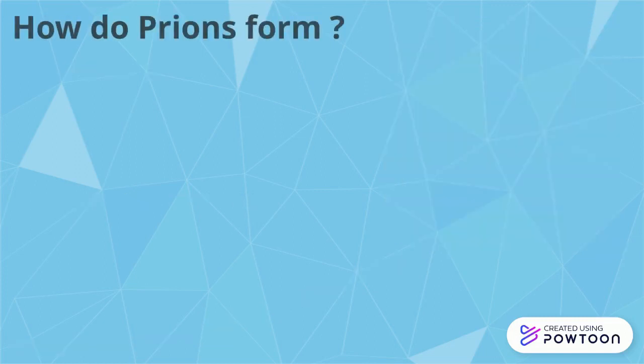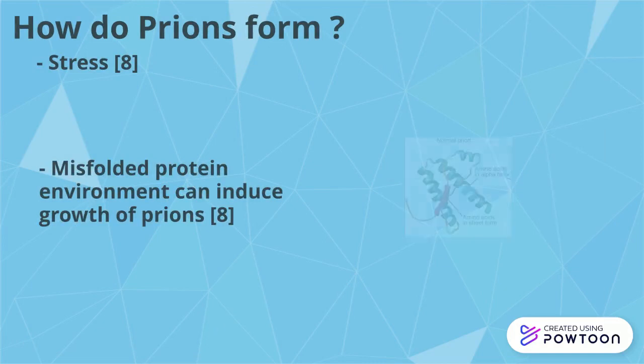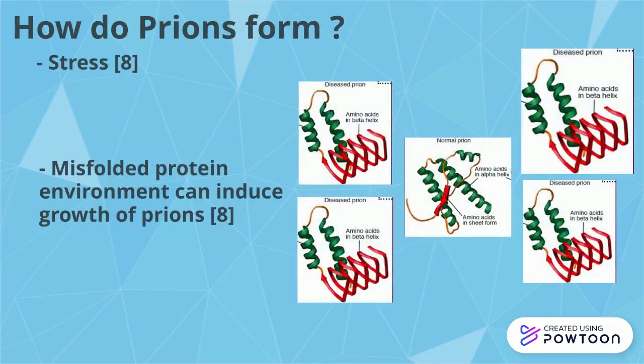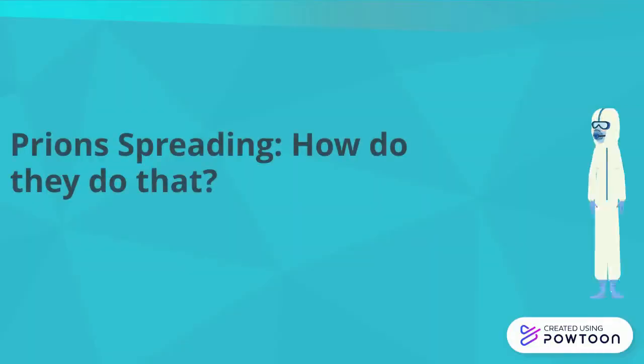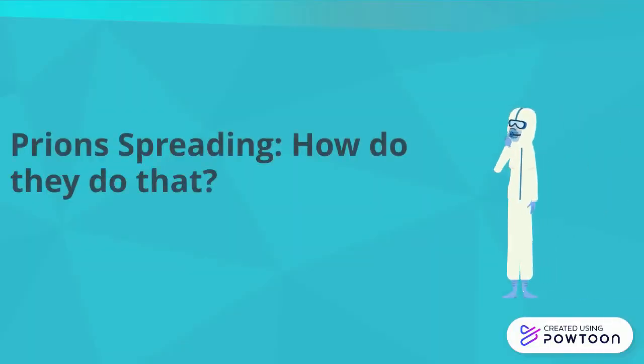Stress provided by the cellular or protein environment can also induce prion formation. A high density of misfolded proteins around the normal prion can also induce prion formation. As mentioned earlier, prions that created oligomers can induce other oligomers to aggregate as well. This relates back to the infectivity of the prion and how it is able to spread as it converts one prion into a diseased prion and so on.